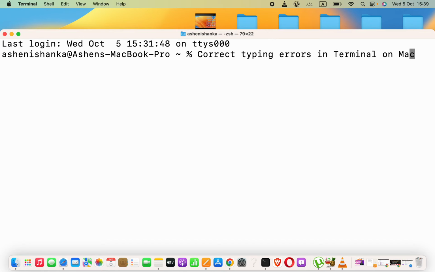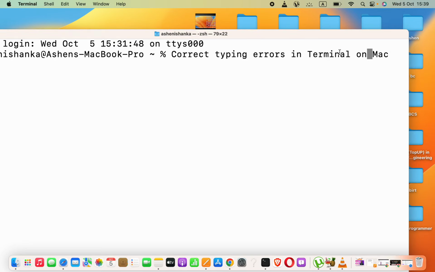And how can we delete all the text available on the right side of the selected position? Here I have selected O. Then how can we delete all the text available on the right side, these? Okay, to delete that we can press Control and K at once, then it will delete all the text available on the right side of the selected text,